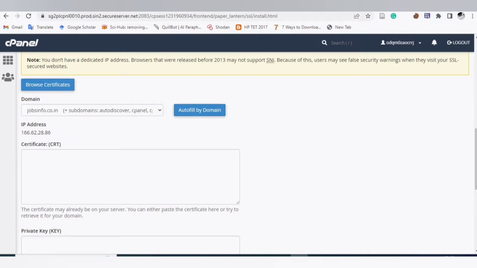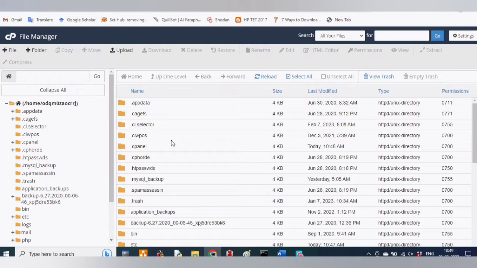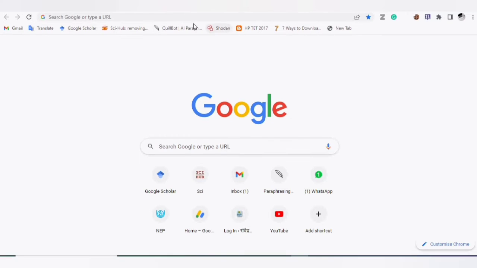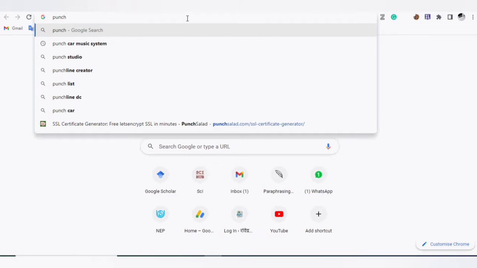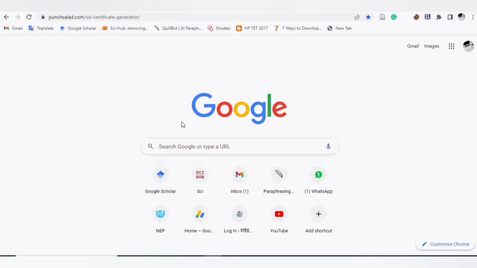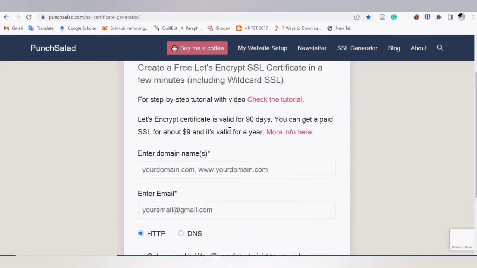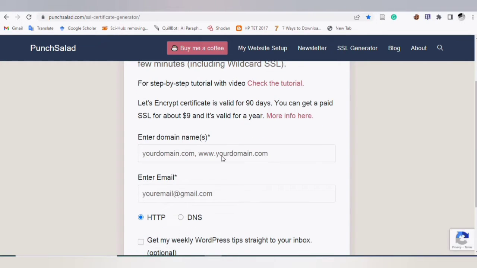For this you have to select the domain or name of the website for which you want to install the SSL certificate. Then for getting the same we have to visit a website. There are various websites which provide free SSL certification. Today we are going to use the Punchslad website, from which it is very easy to install a new